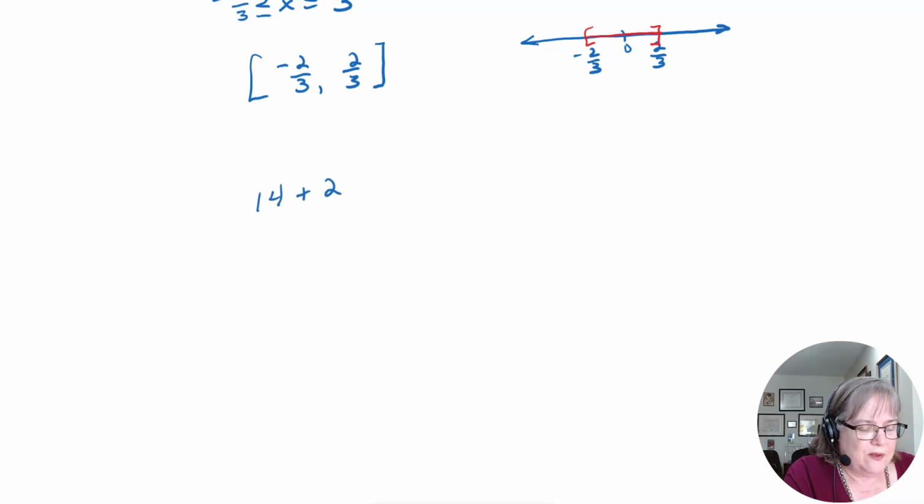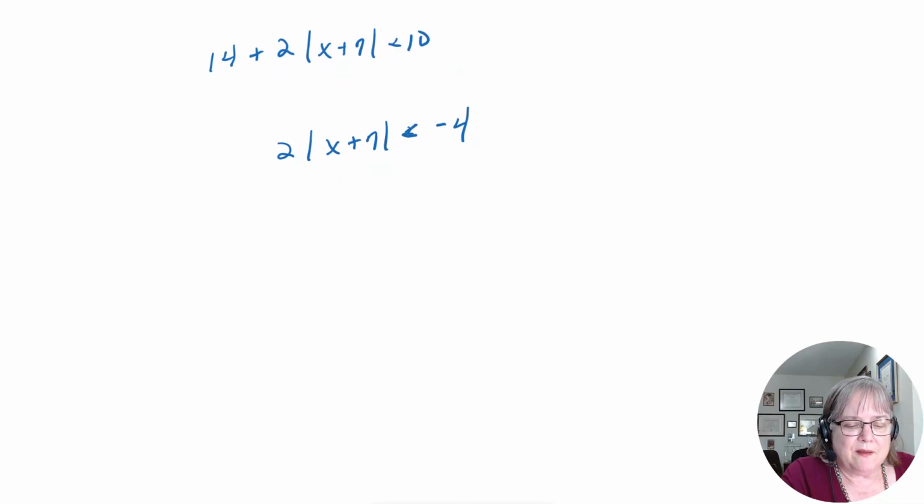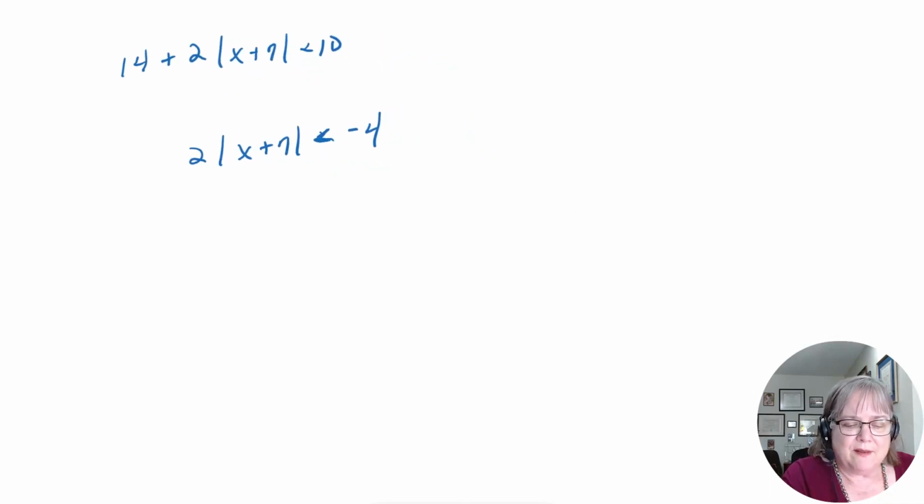14 plus 2 times the absolute value of x plus 7 is less than 10. All right. You can't add 14 and 2 together. So we're going to subtract 14 from both sides. And you'd have negative 4. Now at this point, you might be going, well, wait, I can't be less than a negative. But keep in mind,